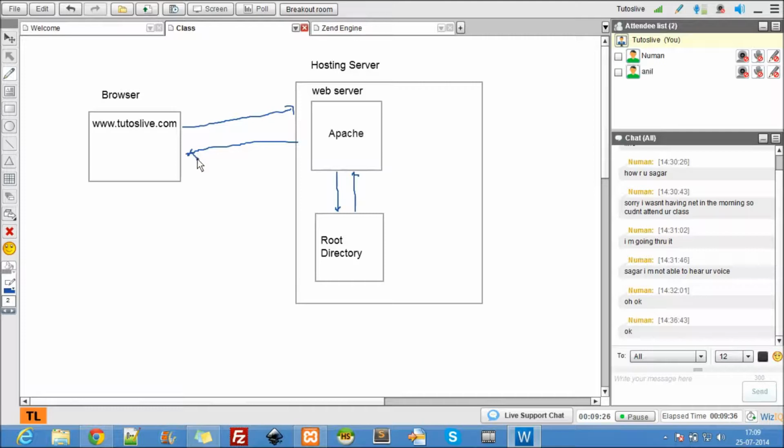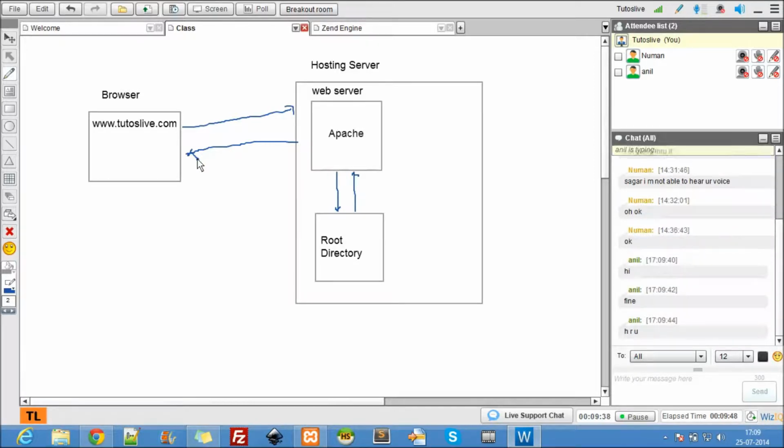So you don't have to manipulate anything in the HTML file. Hey Anil, how are you? I was waiting for you, man. We discussed nothing, we just started. I'm repeating. I'm fine, absolutely fine. So how are you? How's your work? You're busy, right? All the while, trust me. Just because of you, I shifted the class to the morning. Then you told me that it's not possible for you in the morning, so I shifted it to the evening again. Okay, no issues in that. All right, no problem.